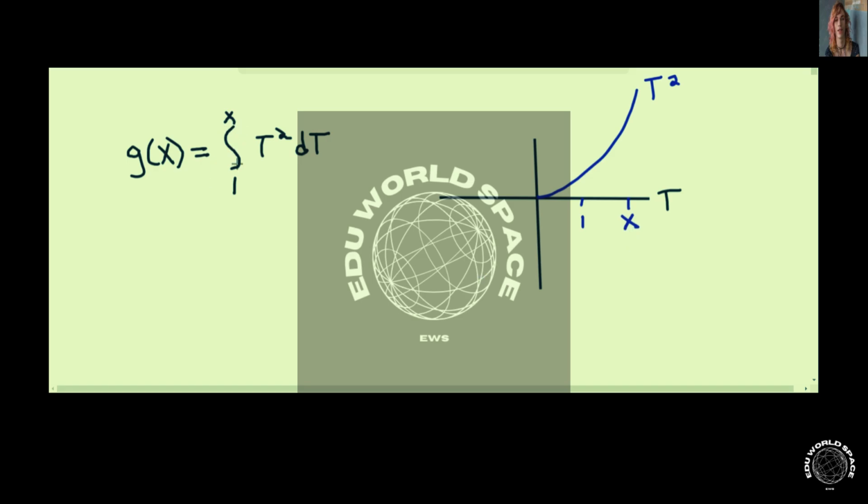Now, the definite integral between 1 and x of t squared, that means we are finding the area underneath the t squared function between 1 and x. Okay, so the definite integral between 1 and some number x of t squared dt is the area underneath the t squared function between the numbers 1 and x. So this area in here, if I kind of shade it in,